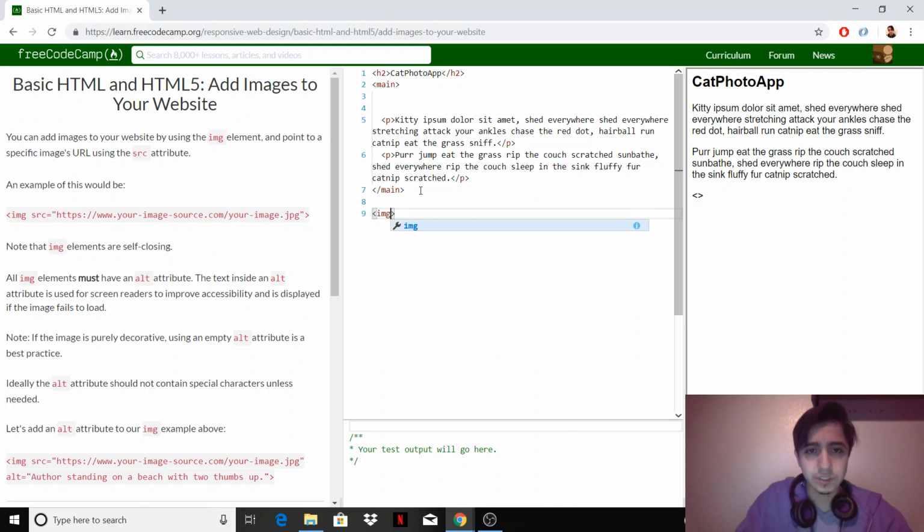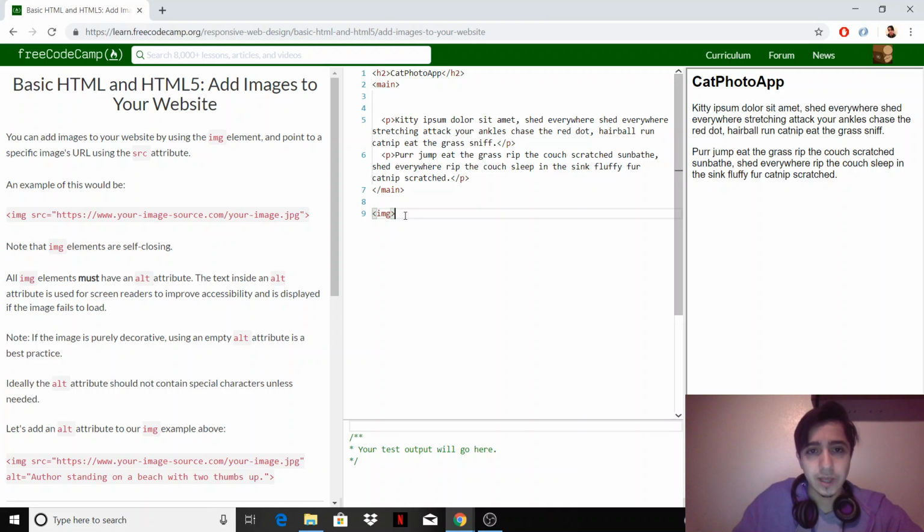So img does not work like the traditional tags like we've seen before, where there's an opening and closing tag. Instead, you'll see that there is no closing tag. So all we want to do for an image is just the one tag. And wherever this image is, that's where the image is going to be placed as far as where it lands